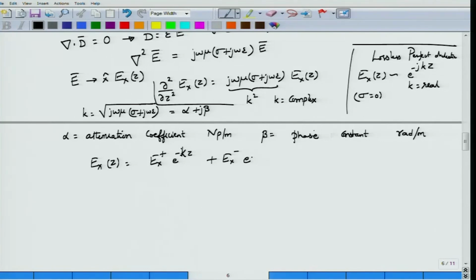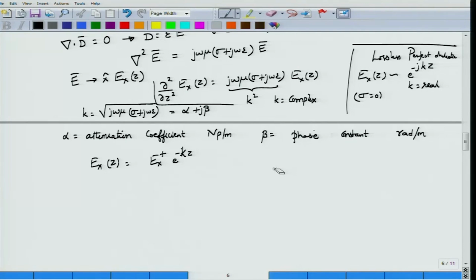Okay, this backward propagating wave could be generated by a source that is kept, or it could be coming off from some reflected wave. So if you don't want to really concentrate on the backward propagating wave at this point, we don't have to consider this one. We will simply assume that the wave is propagating along plus z direction and it is simply going out,